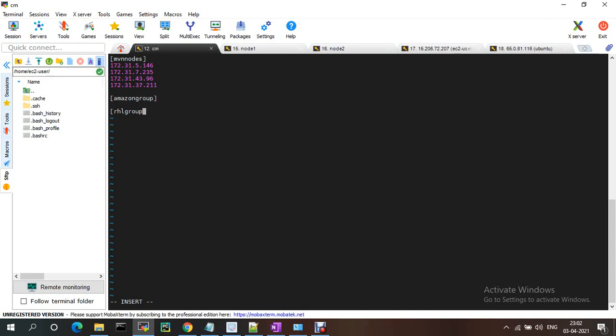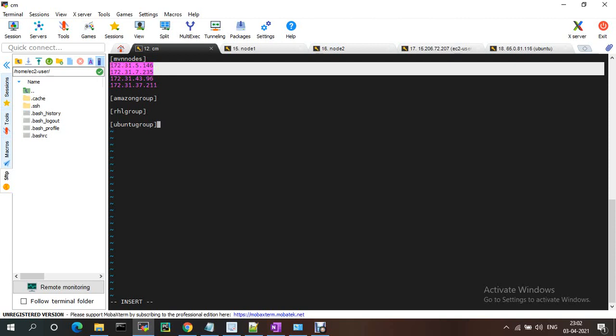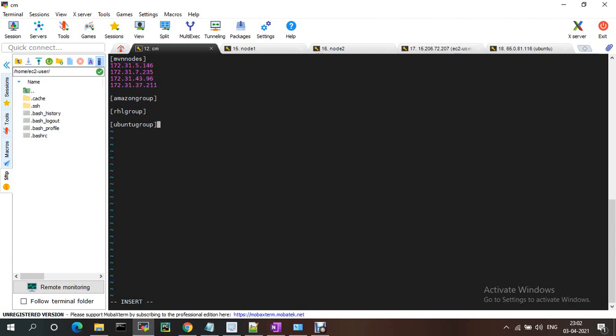Okay, RHEL group, and Ubuntu group. Okay, see, to install any specific task on a specific group, okay, you just need to do this one.